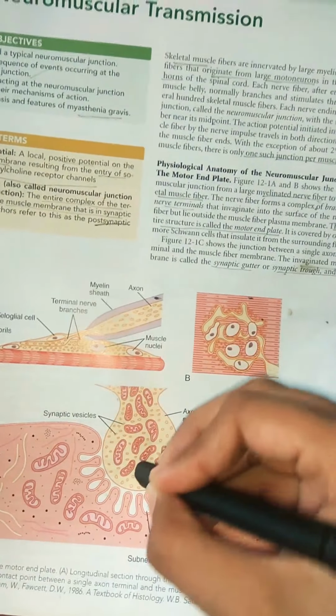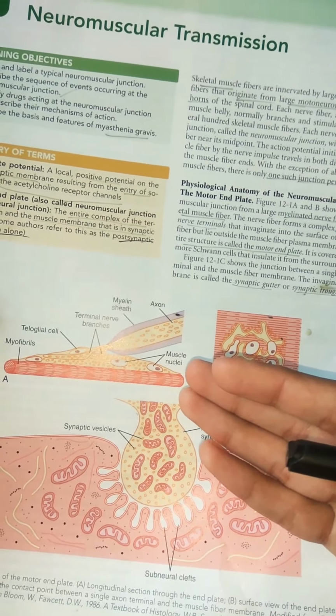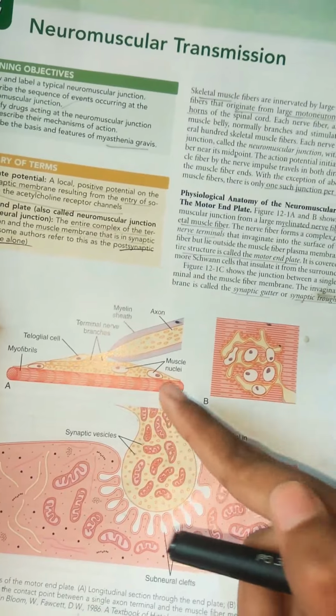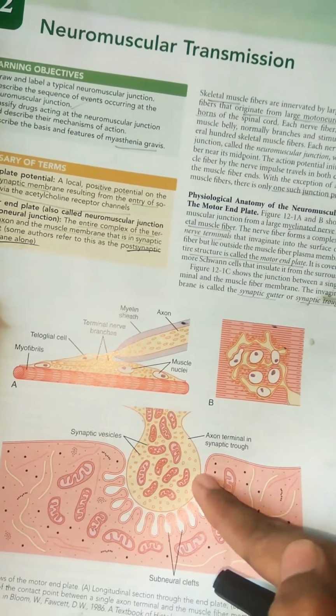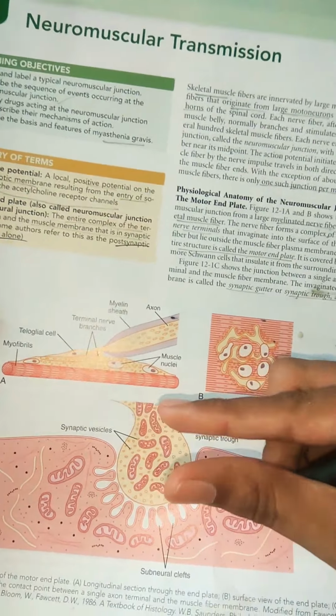The nerve comes with a signal in the form of electrical signals, because the action potential travels along the nerve by means of electrical signal. The place between the neuron and the muscle is called the synaptic cleft. The signal comes here in the form of an electrical impulse, and here it is converted into a chemical substance like acetylcholine, and it is released here, and again it is picked up inside, and inside it is converted into an electrical signal. That is, again it is converting into an action potential.